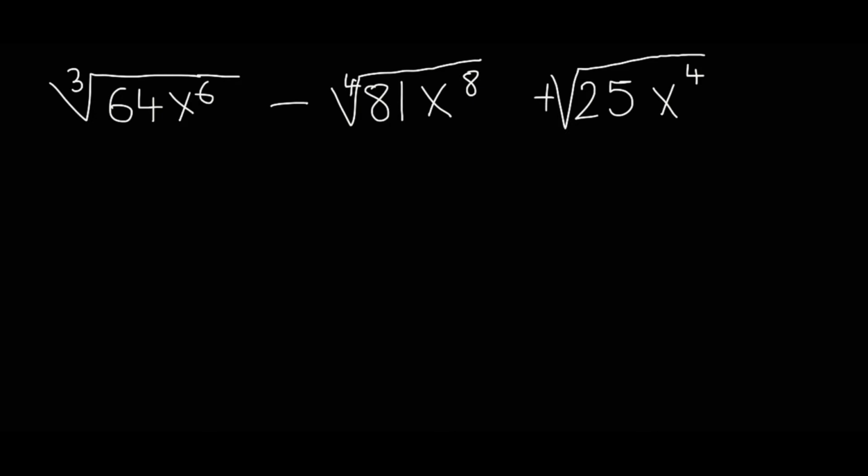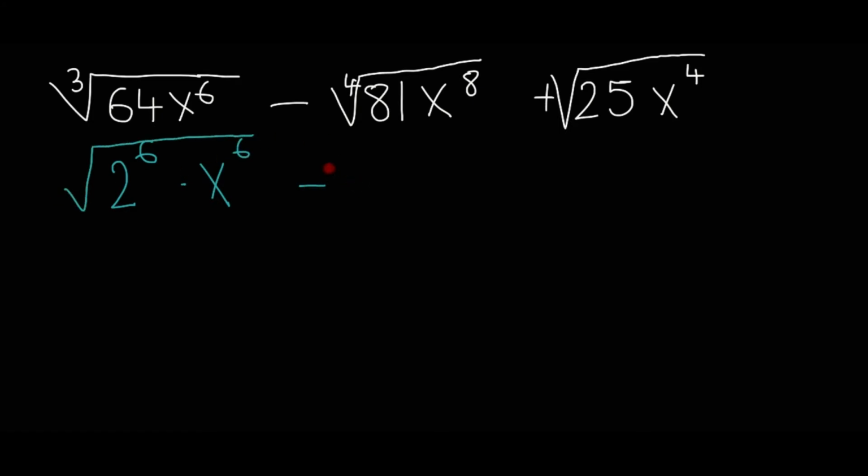For this problem, I'm going to change 64 into its prime factors, and then I change 64 into 2 to the power 6. We can use a calculator to change this number into its prime factors. Press 64, and then press the equal sign, and then shift and then fact. Fact is the alphabet B on your calculator if you are using the Casio. So it will be 2 to the power 6, and then normally x to the power 6,